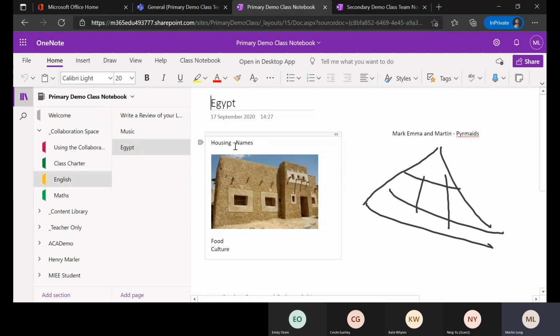So for instance, housing is going to be assigned to certain named pupils, food, culture, religion, and so forth. And then they might be recording what they find in the way of notes, or it could be pictorial, it could be an embedded video, as I said, and it comes back in here. And the collaboration space allows me, on those occasions I want the class to work together as a whole, to